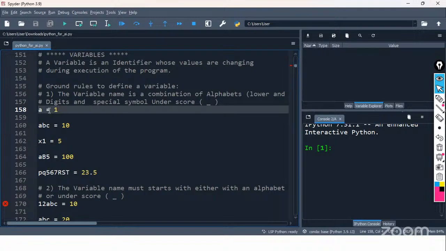Is equals to is what we are going to use so that 1 gets assigned to A. Will it execute or not? For execution, I'm going to click on this button. Initially you are supposed to select the line that you want to execute. I have selected line number 158. Just place your cursor on the line and,